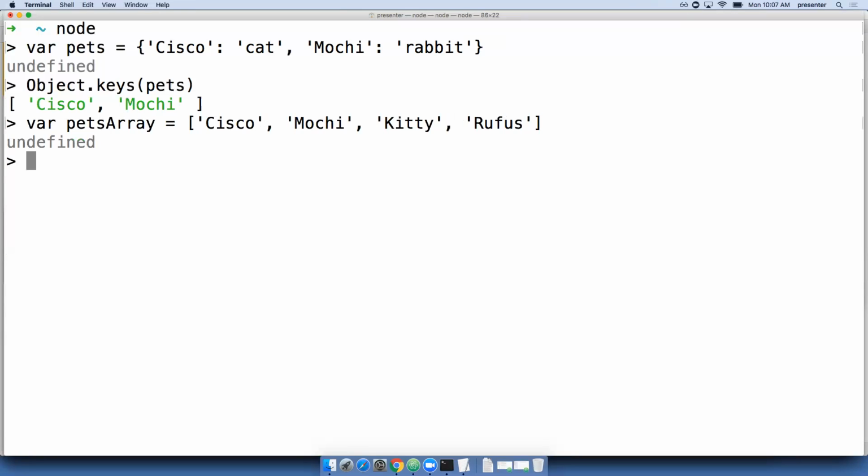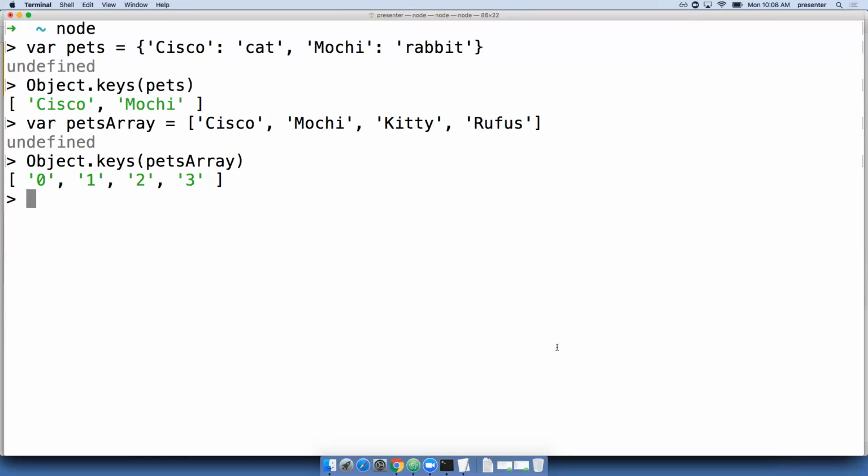And so now I can do pets array dot. Let's see. Oh, I can also do object dot keys pets array. This is because arrays are actually objects. This is going to be for the lecture on Wednesday for this prototypical inheritance, like how everything fits together. So the keys are 0, 1, 2, and 3, and